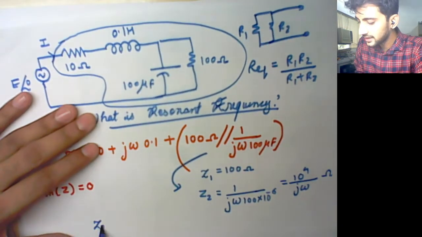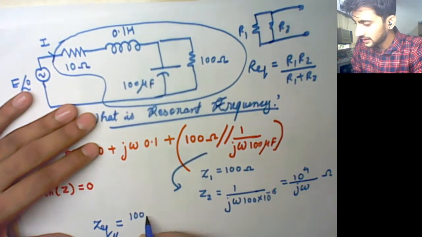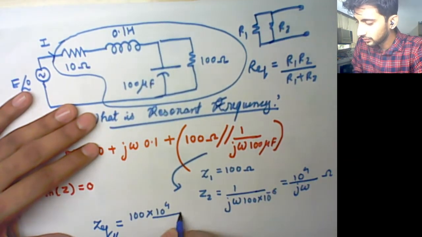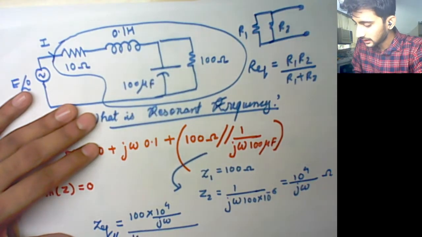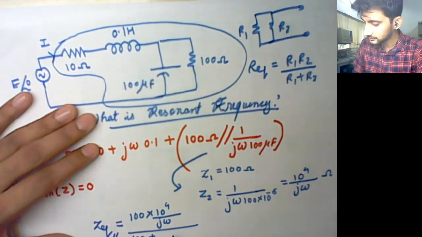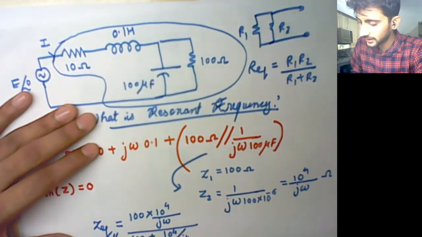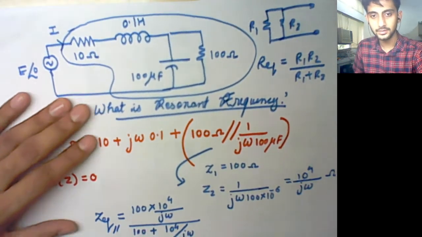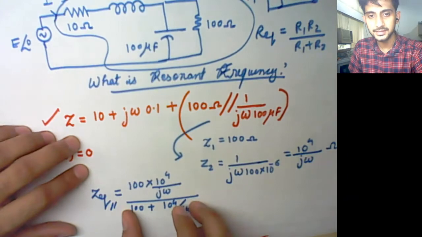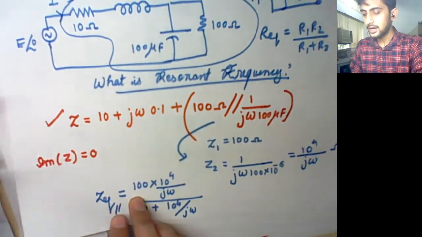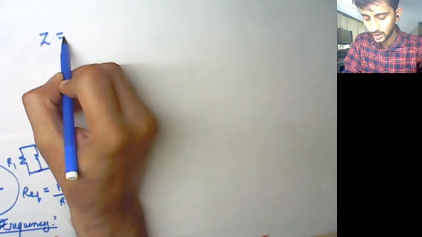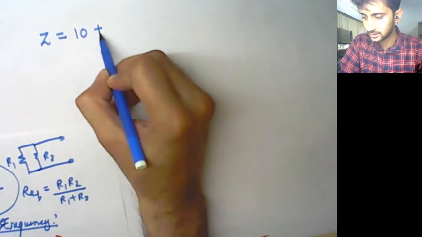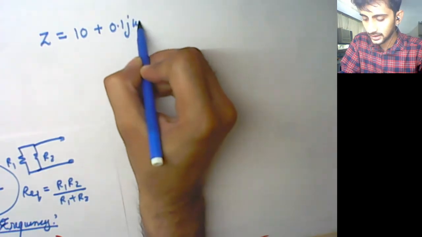तो Z equivalent क्या हो जाएगा इस पैरेलल चीज का? It would be 100 into 10⁻⁴ upon j omega divided by 100 plus 10⁻⁴ upon j omega. Okay, right this down. सो ये equivalent resistance यहां पुट करें तो नेट Z जो हो गया हमारा, it would be 10 plus 0.1 j omega plus